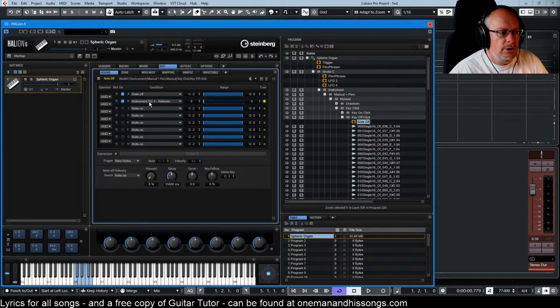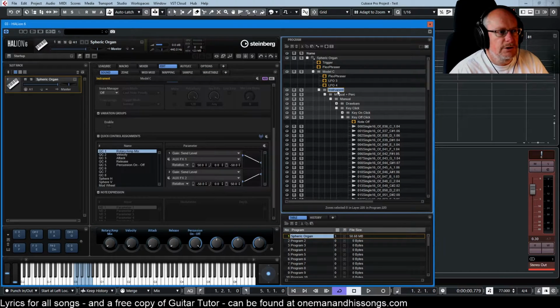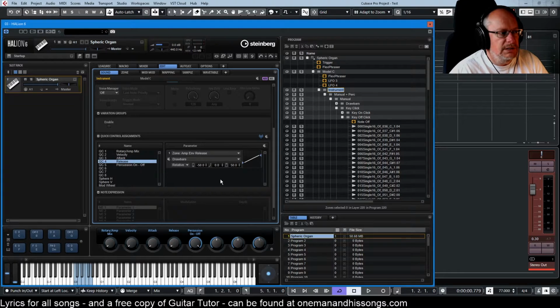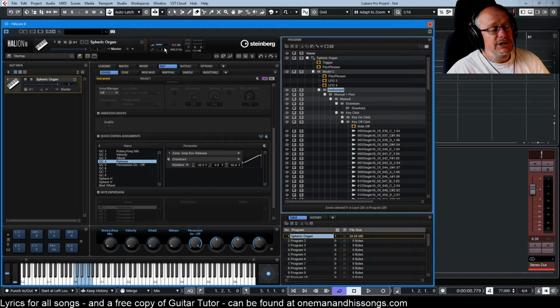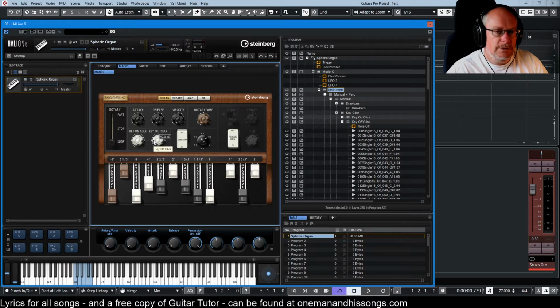So this instrument.qc4, when we have a look at the instrument sound tab QC4 release, you can see that the envelope release for the drawbar zone, which is then tied in invisibly to the Model C, when this release is set to 0,